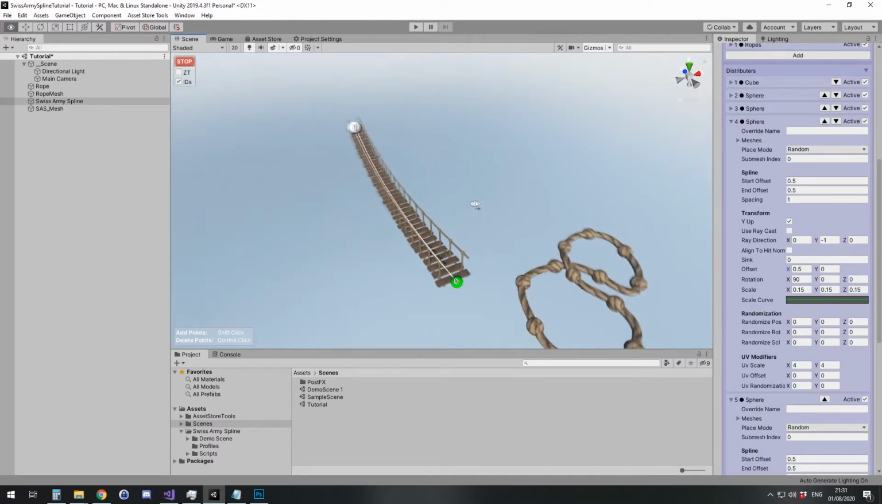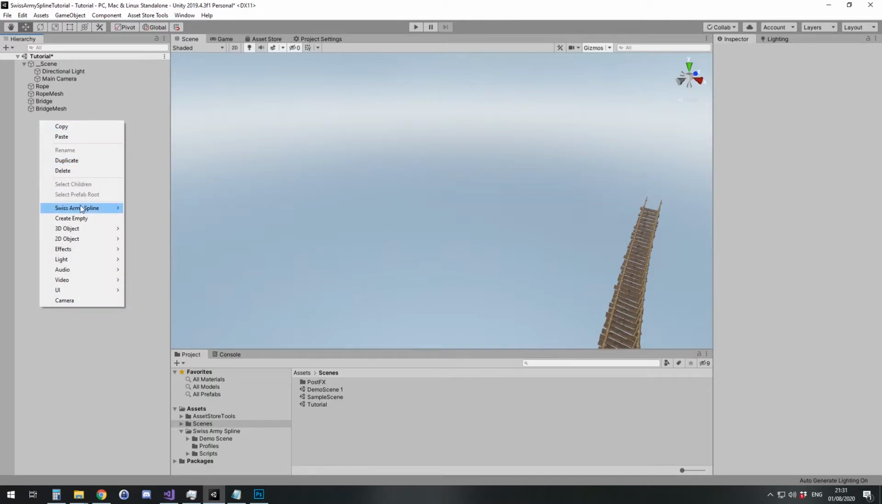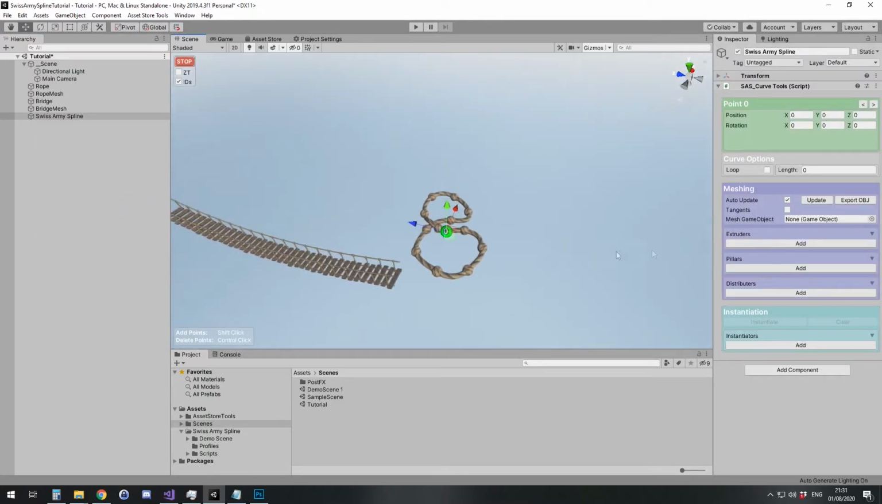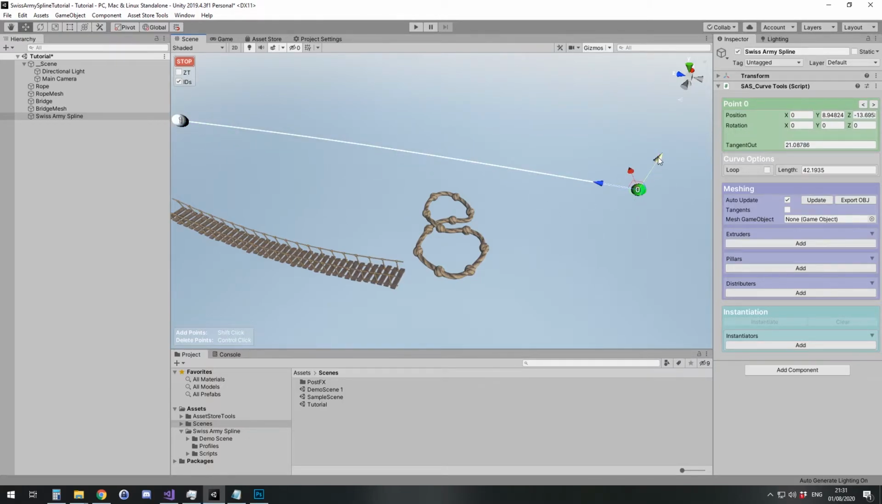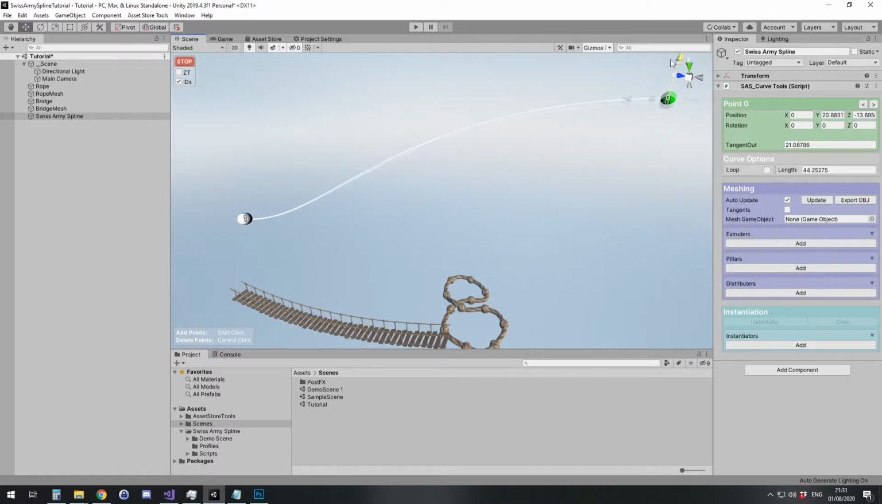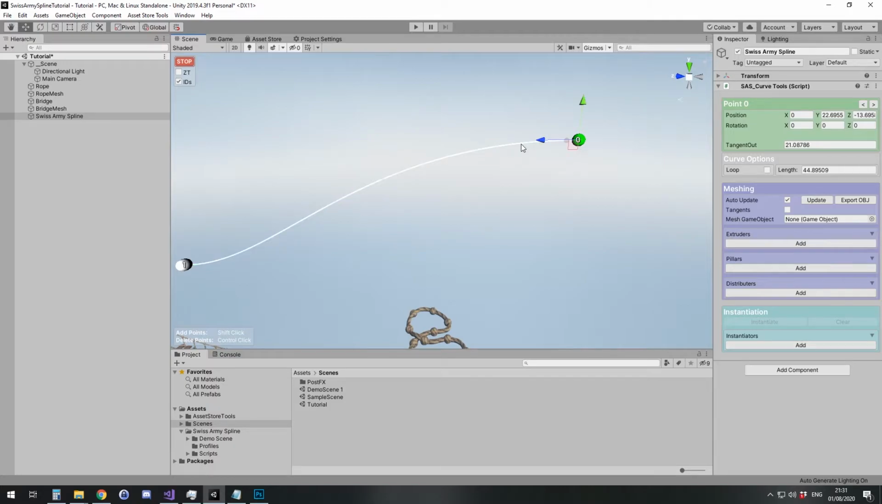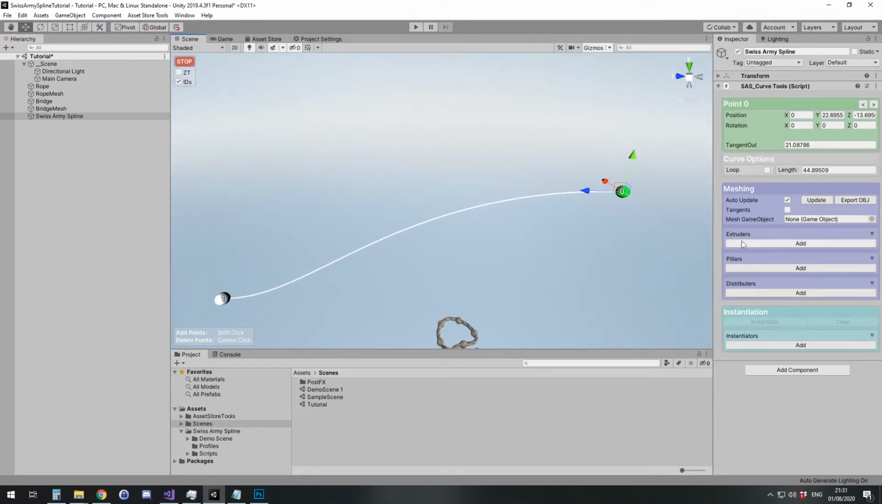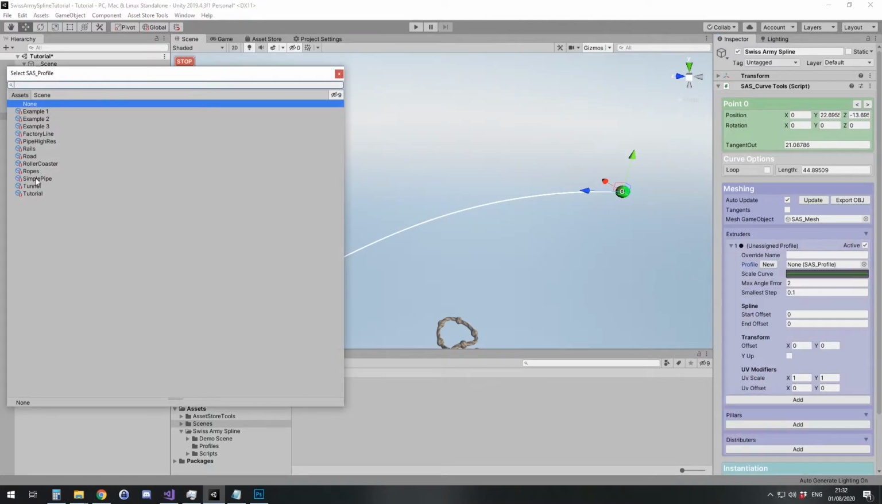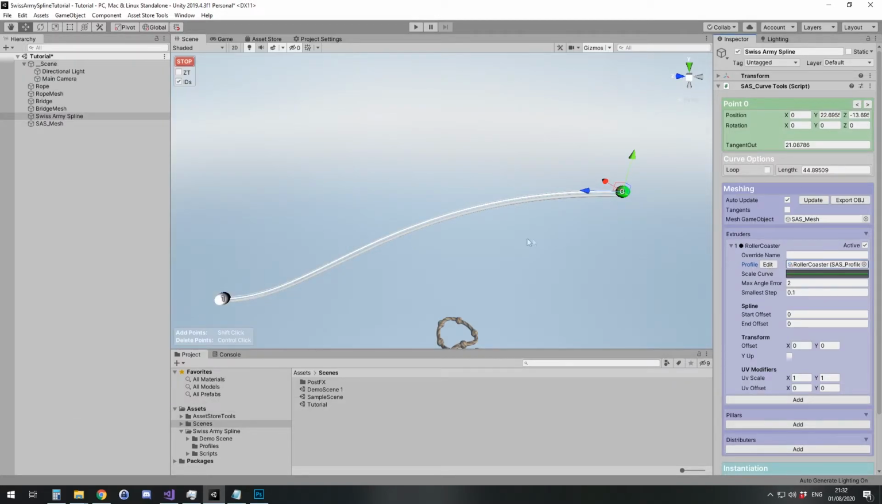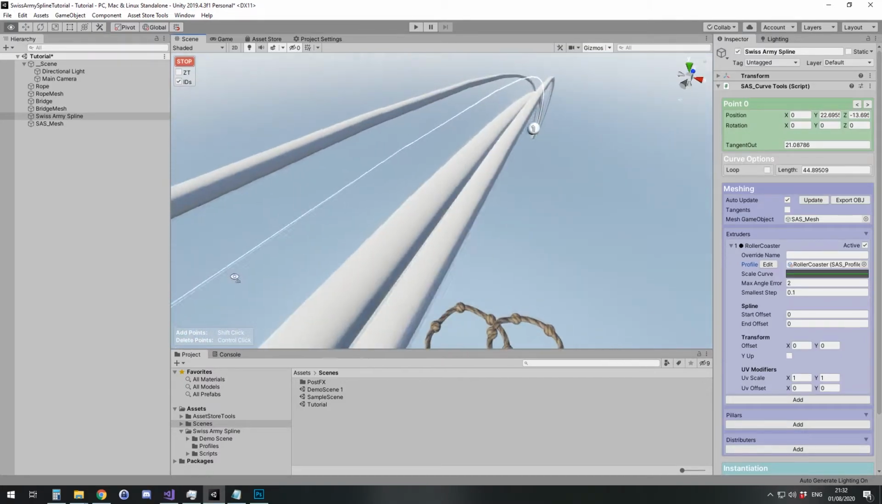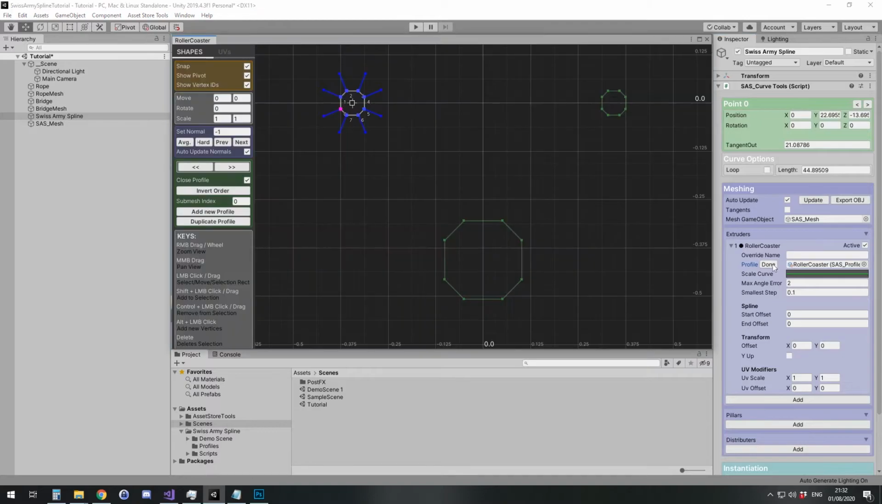Okay, let's look into another example. And let's create a new spline object. Move this somewhere out and create a second point. Let's create a roller coaster. For this we will use an included profile. You can create your own profiles if you want, but this one works for this example. It's basically just 3 circles,